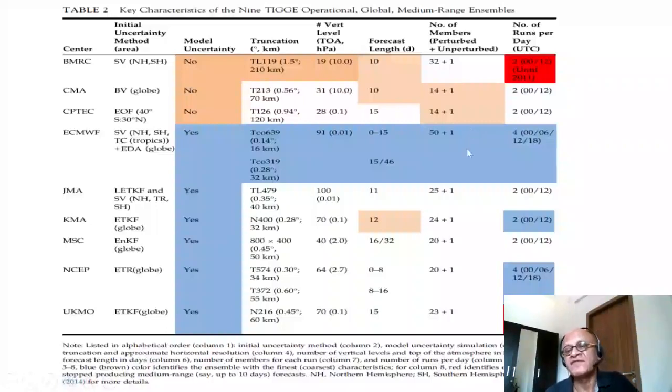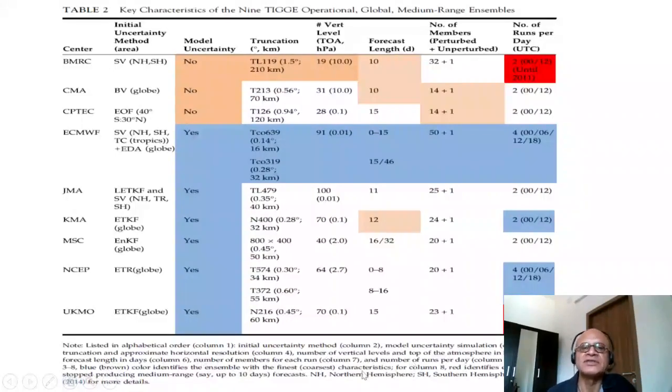They tend to be the gold standard. Okay, so number of runs per day based on the UTC also differs. Okay, so these are the initial uncertainty method, model uncertainty simulation, truncation and approximate horizontal resolution, number of vertical levels,